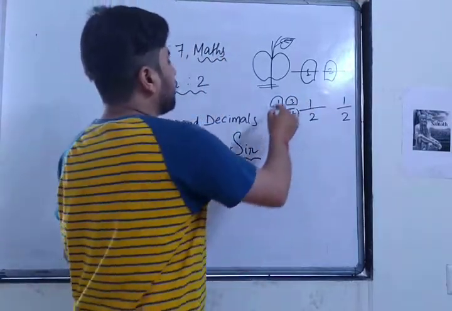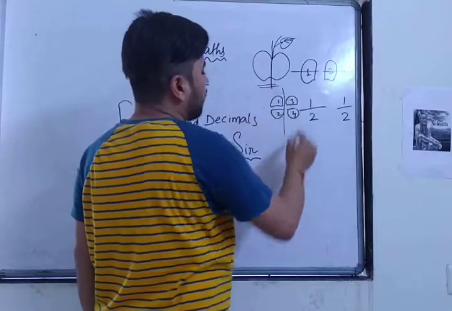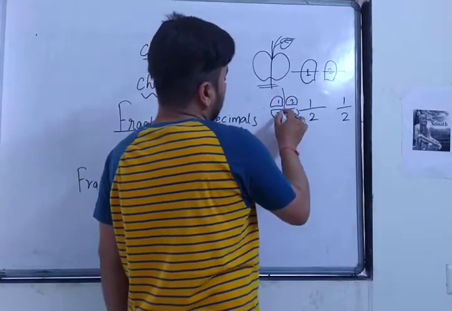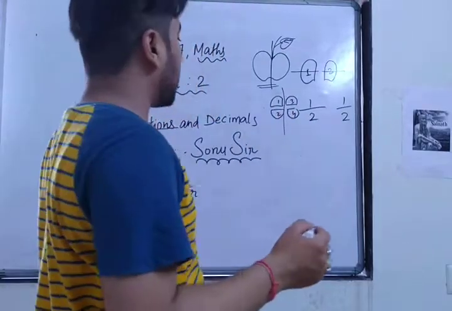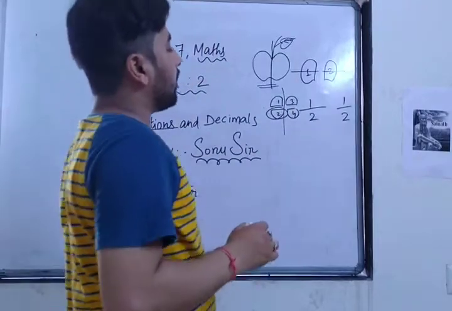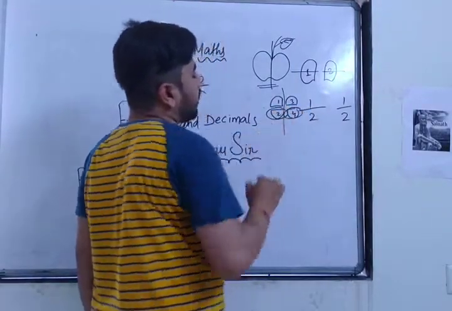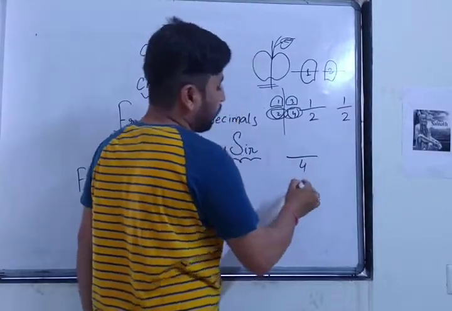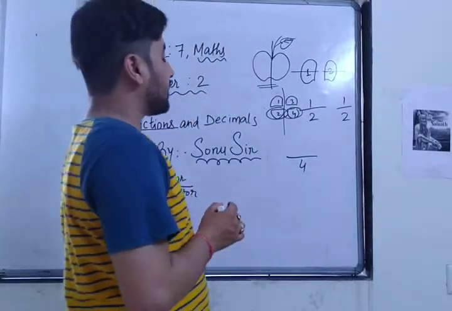Now, this half part was mine and this half part was my brother's. Now my sister came and she asked me, please give me also apple. So what I have done, I have given my half part, and my brother also had given his half part. So total 2 parts here. So total number of parts are 4, so the 4 will be the denominator. And how many has my sister secured?